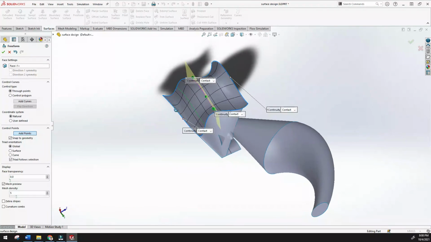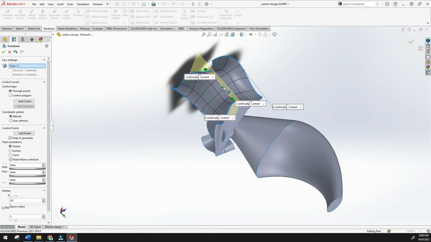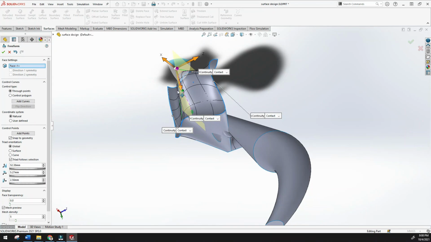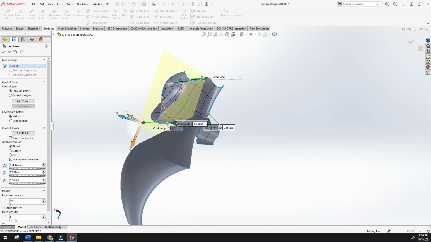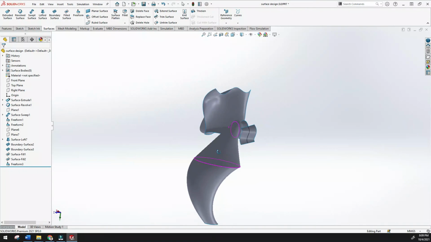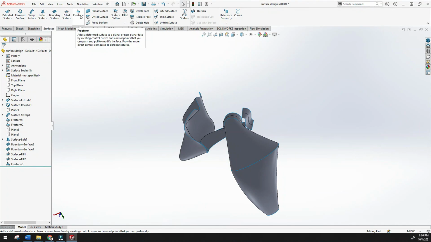Just click add points to disconnect, and finally this point, see, I'm just manipulating the surface, and click yes. See how I have used this freeform. So this is the way to create with 4 tools: lofted surface, boundary surface, fill surface, and freeform. So here now you can understand these 4 very important tools.